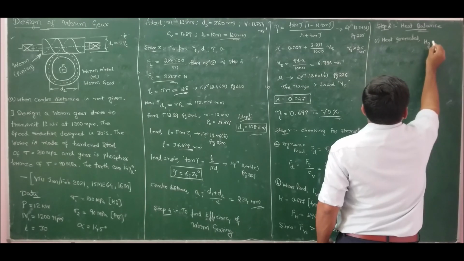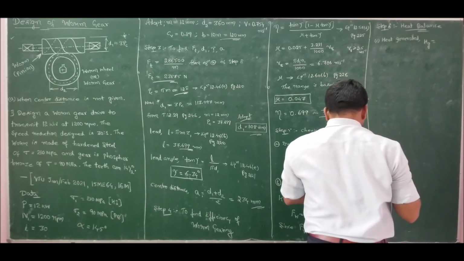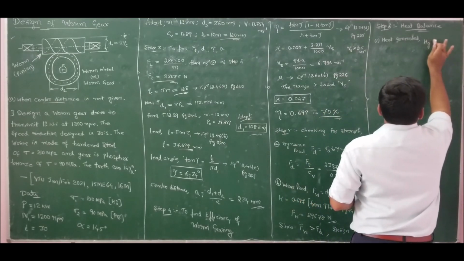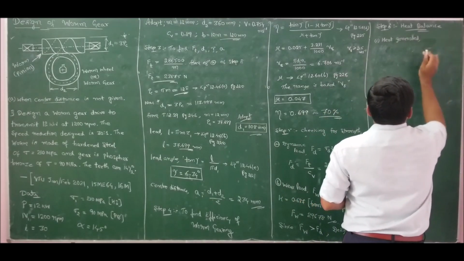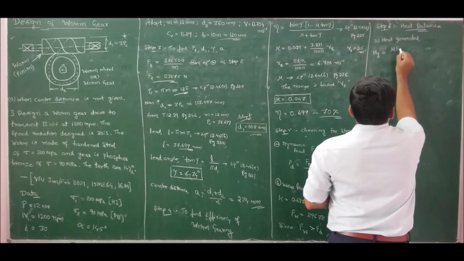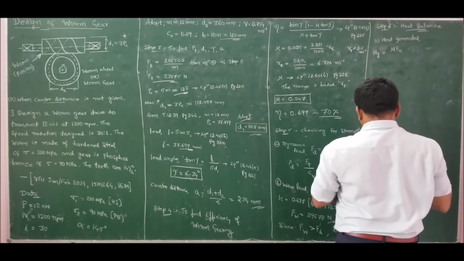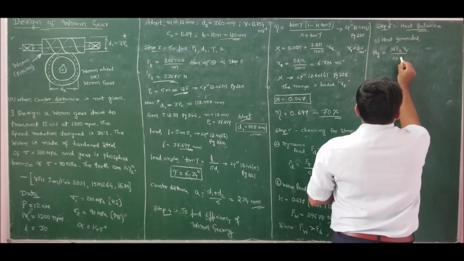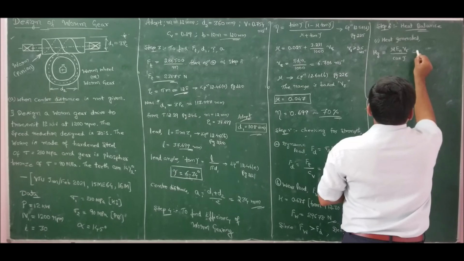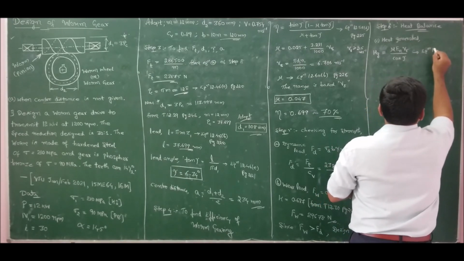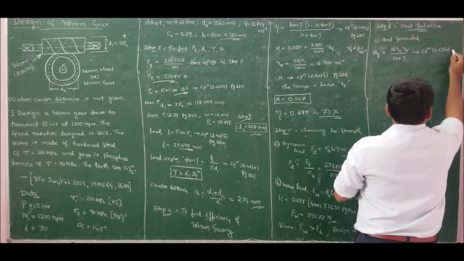Heat generated Hg is given by Hg equal to mu Fn into rubbing velocity divided by cos gamma. This is equation 12.63a, referring to page 227,